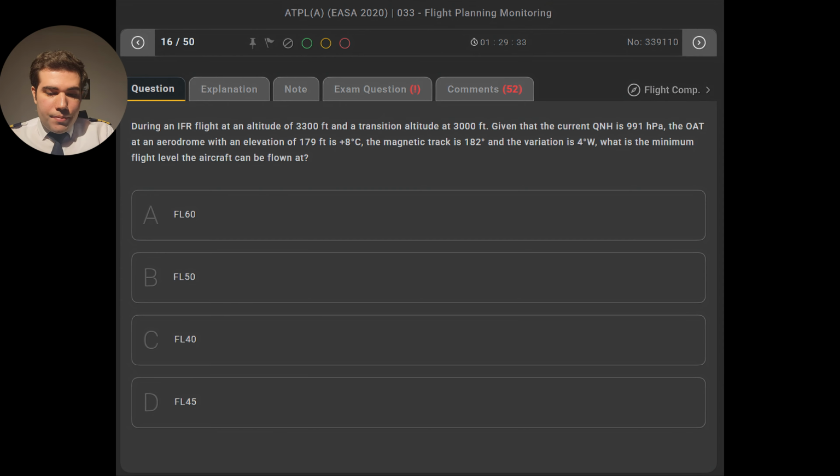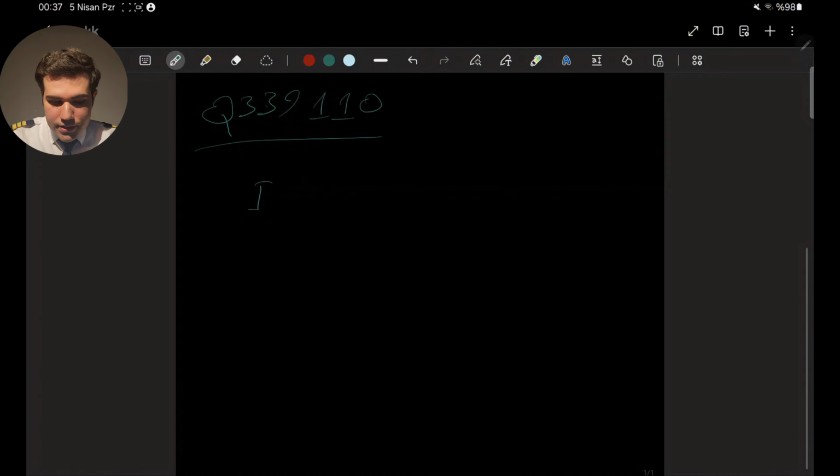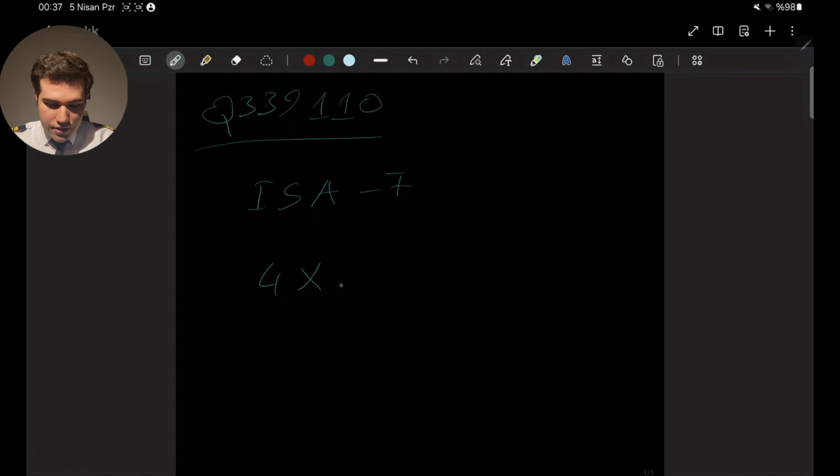So basically 15 minus 8, we know the ISA deviation will be minus 7. And because of our rule, we need to multiply 4 times minus 7. I mean, we can just say 7 times our altitude, which is